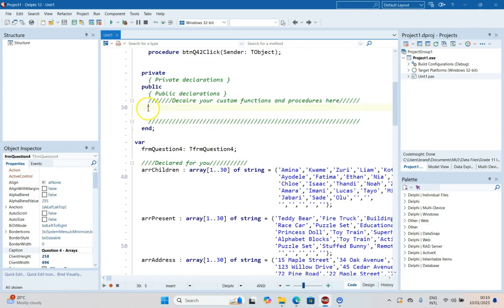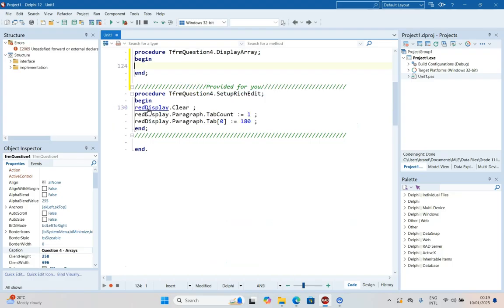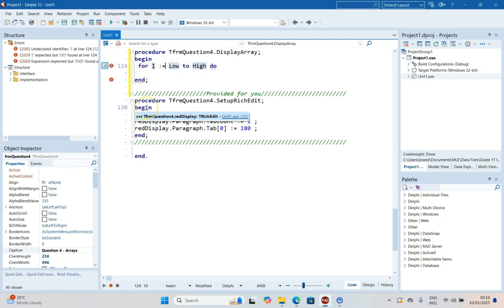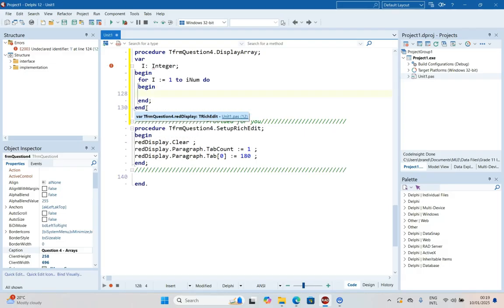So I come here, we're going to declare a procedure called display array. It doesn't take anything in, so we can leave it just like that, Control-Shift-C, and we can write the code. So we're going to do a for loop that goes from 1 until the number of elements in the array. I don't know if there's 30 in there. I don't know if it's full, but I know there's rnum. That tells me exactly how many values are filled in the array. And we are going to, in the rich